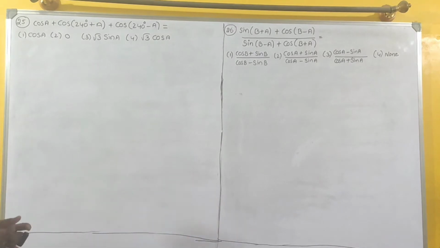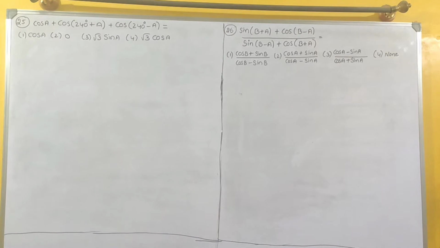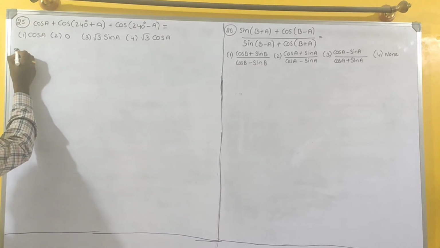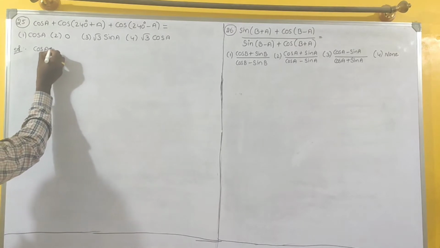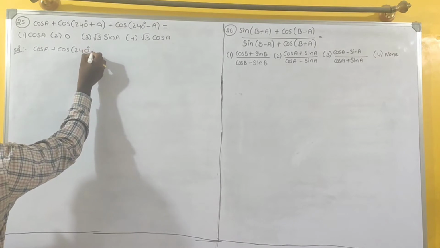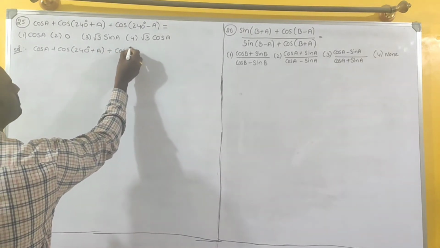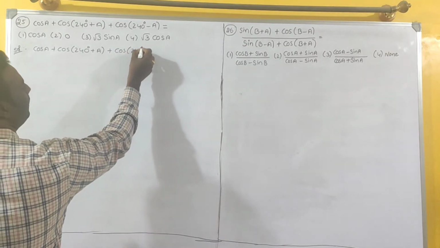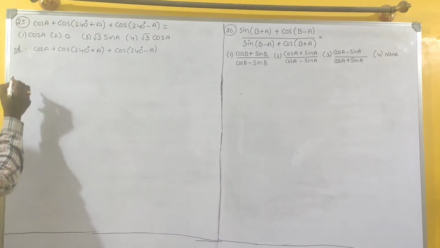Next, question number 25. Find the value of cos A plus cos of 240 plus A plus cos of 240 minus A. Solution. Cos A plus cos of 240 plus A plus cos of 240 minus A equals